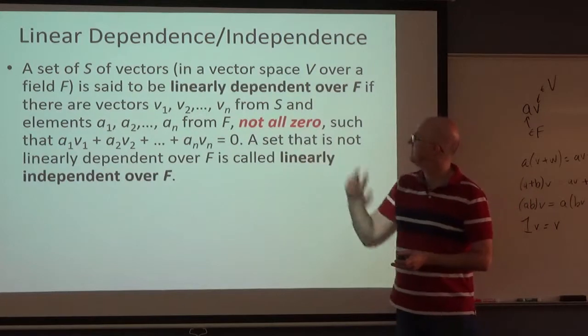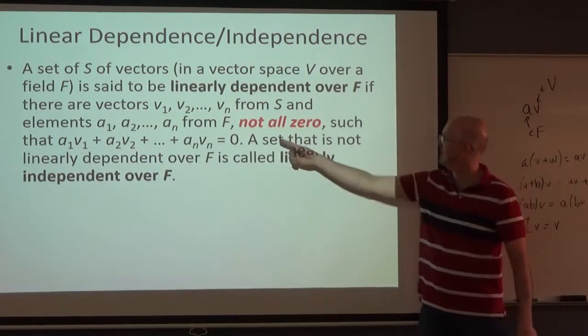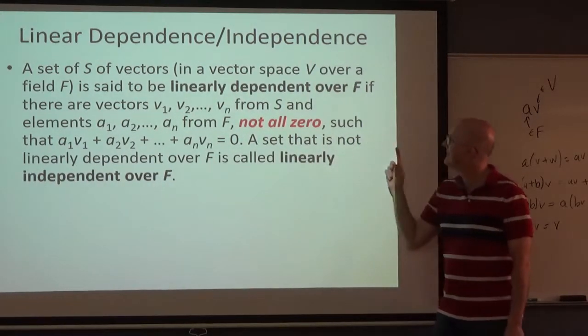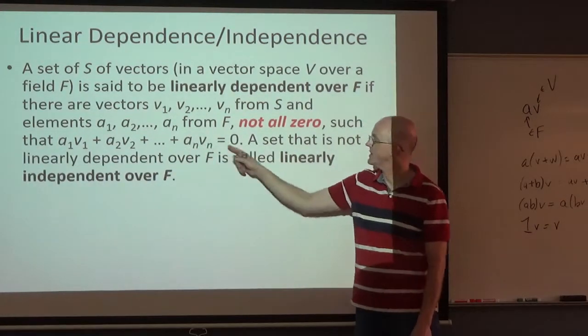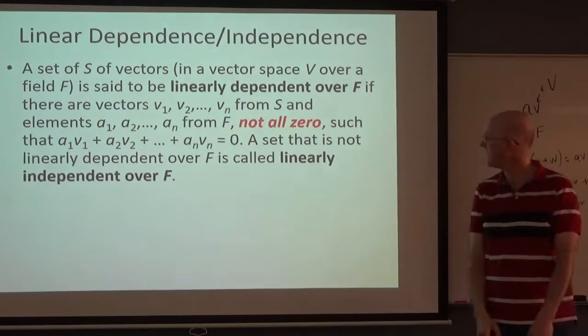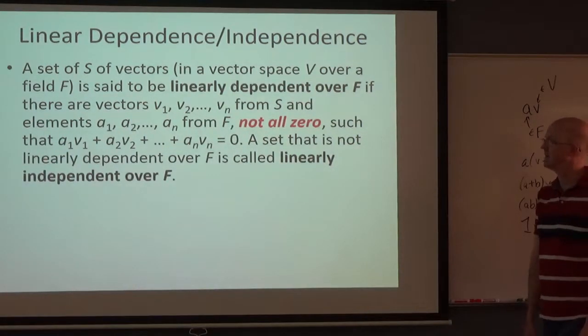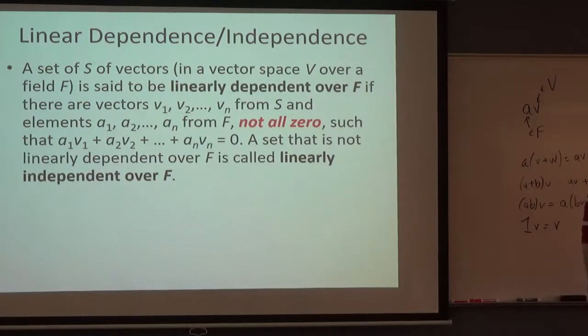If there are vectors v1 through vn from S and elements a1 through an from F, not all zero, super duper extra emphasis there, such that the linear combination, these things are called linear combinations, gives you the zero vector. A set that is not linearly dependent is called linearly independent. As you remember from linear algebra, these are very important terms. Okay? Fundamental to understanding vector spaces, you have to understand the idea of linear dependence and independence,